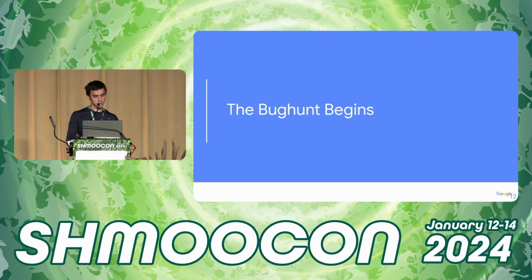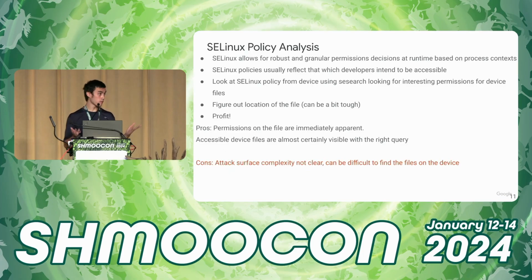Oh, there used to be another slide in here where I showed an example of. Okay, well, there was at least one bug that I found with this technique, that was a bug in the Edge TPU on Google Pixel phones, on the Google Pixel chipset. Oh, I know, that slide's just two slides later. I know where I'm at now.